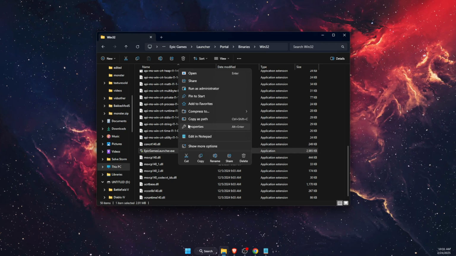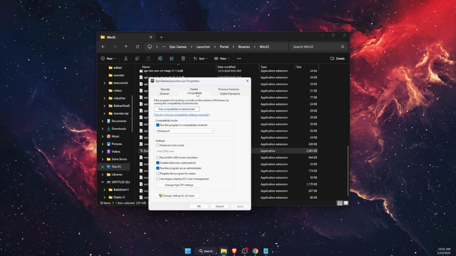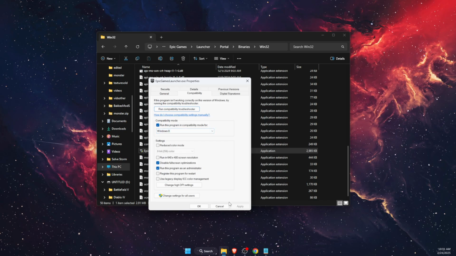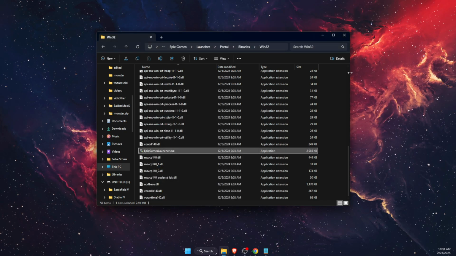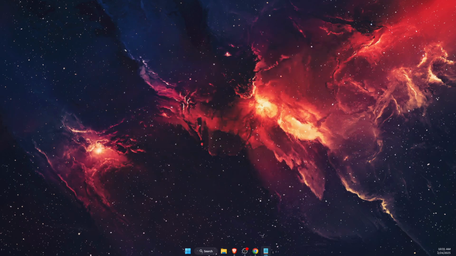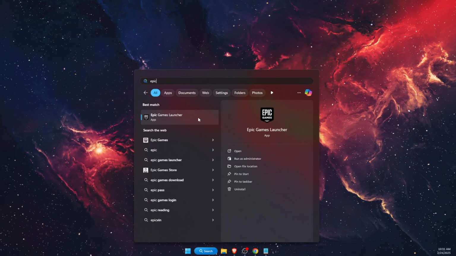Right click on it, go to properties, go to compatibility, disable full screen optimizations, and run this program as administrator, apply and OK. Once you have done that, you want to open up your Epic Games Launcher,